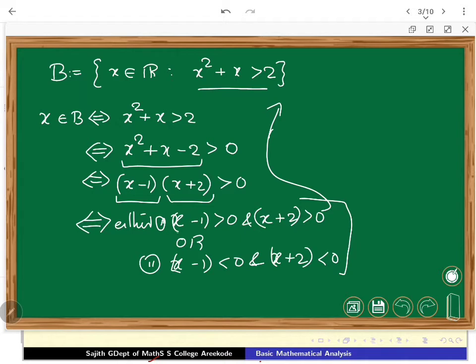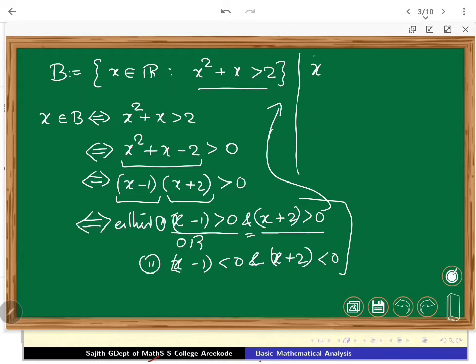see the first condition, x minus 1 greater than 0 and x plus 2 greater than 0. So rewrite it as x minus 1 greater than 0. Can I write it as x greater than 1? So that should be more profitable in this way. So this is an AND condition. An AND condition gives an intersection of two sets. Basically, those sets which satisfy the first condition intersected with x plus 2 greater than 0. That is what is going to happen.